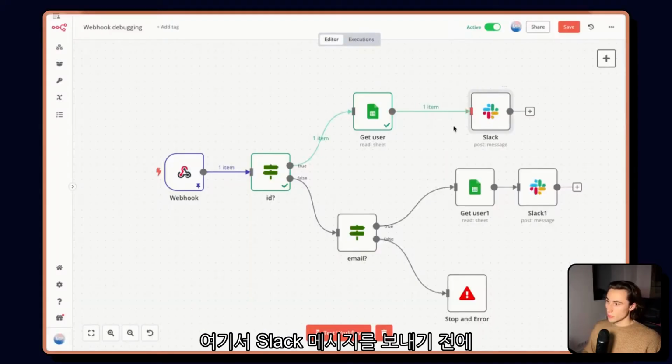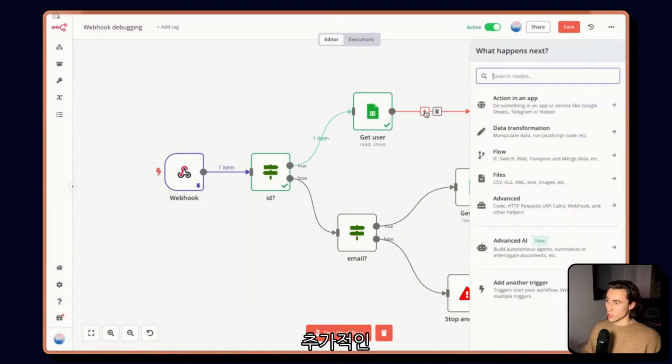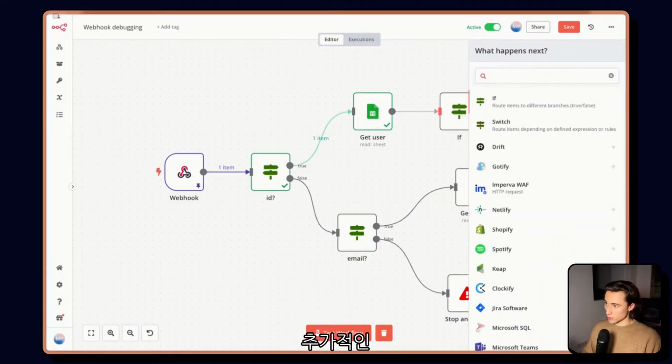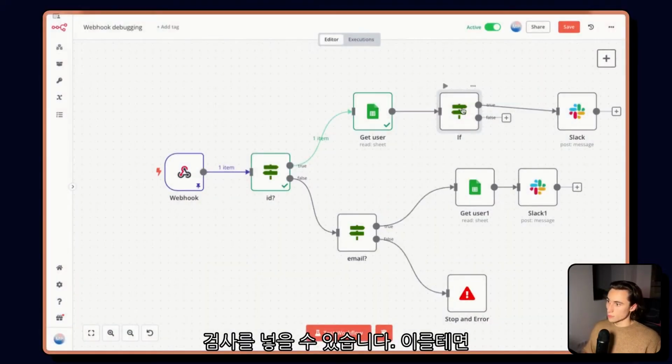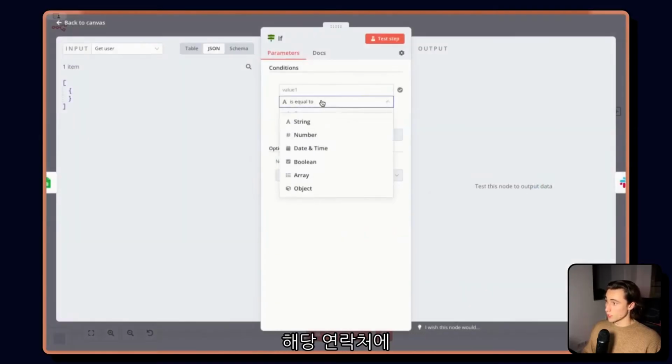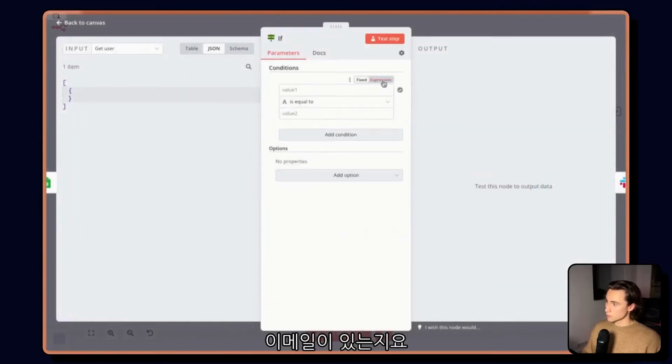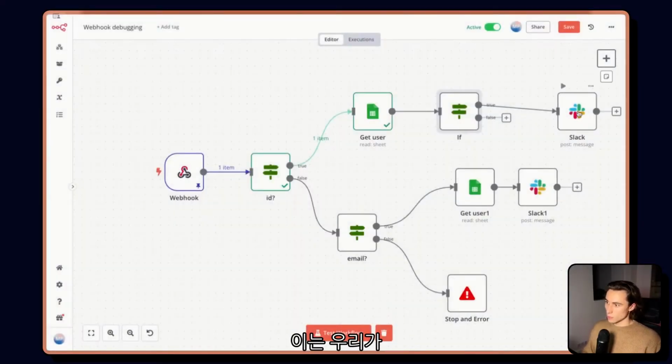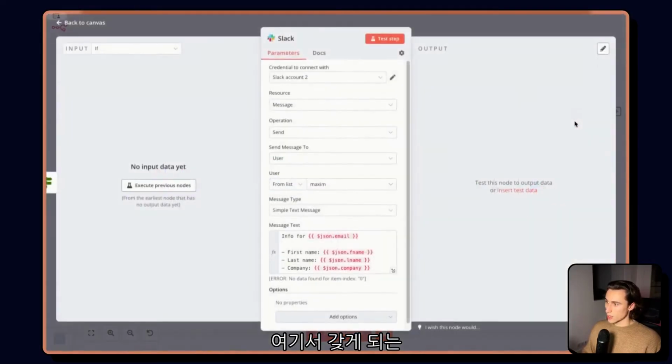From here, before sending the Slack message, we can set an additional check. So here we could say, does the contact have an email? So this would be by reading the information we would have here in Slack,